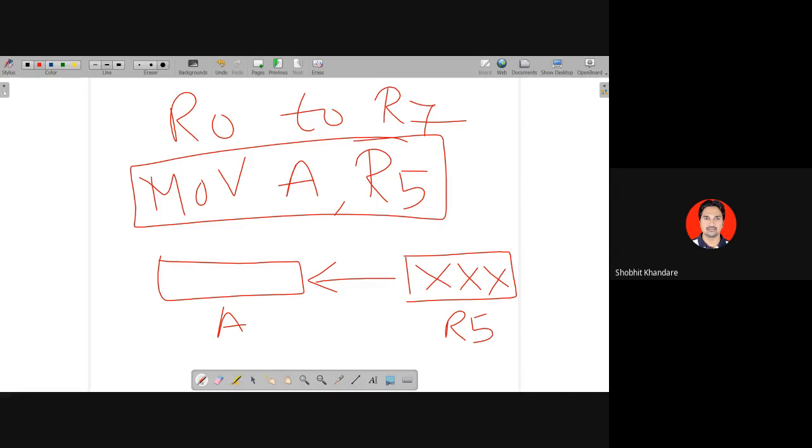What will it do? The content of R5 will be copied to the accumulator. The content of R5 will be moved into the accumulator.